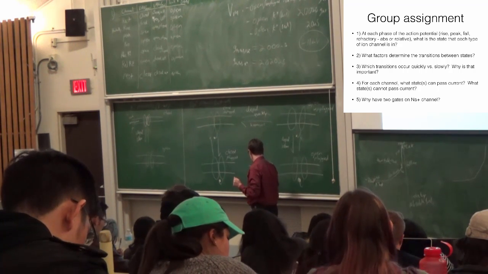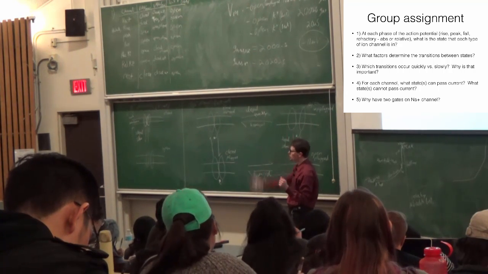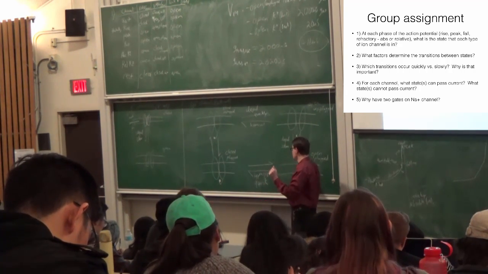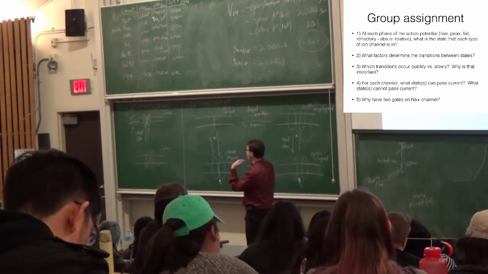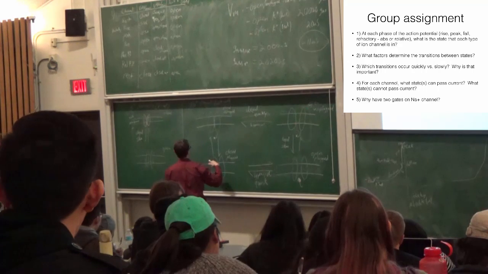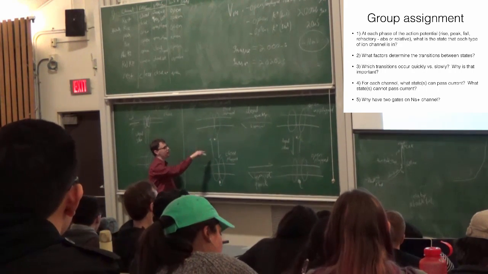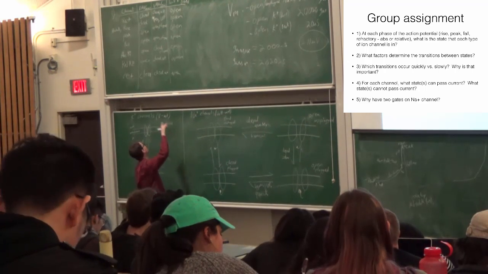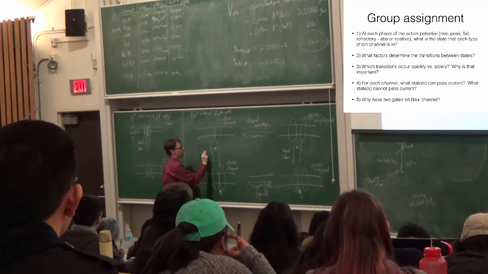This is, again, a quick transition where as soon as we start to get back below threshold, this sodium channel will slam itself shut. And then a millisecond later, or maybe 2 or 3 milliseconds later, our plug catches up, which is why we have this 2 millisecond absolute refractory period. So again,